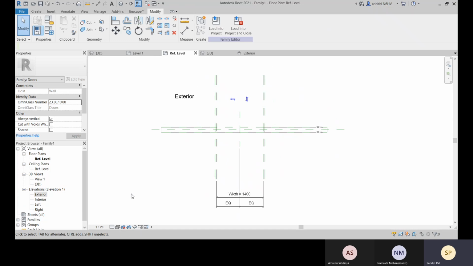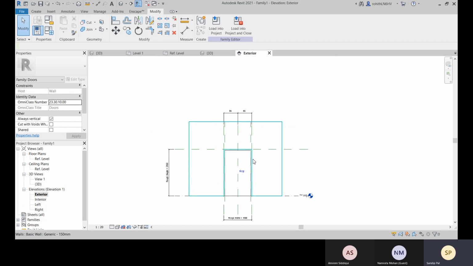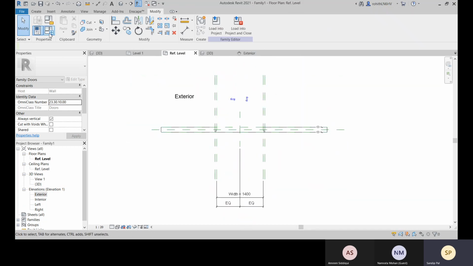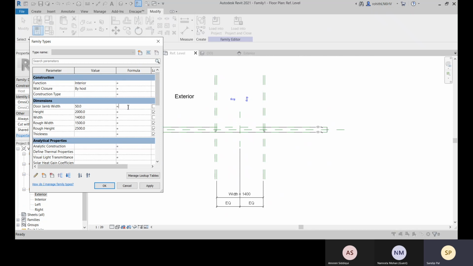So now what we can do is, this is your width and this is your rough width. Come to this and make a connection with this door jam width, like rough width minus width.